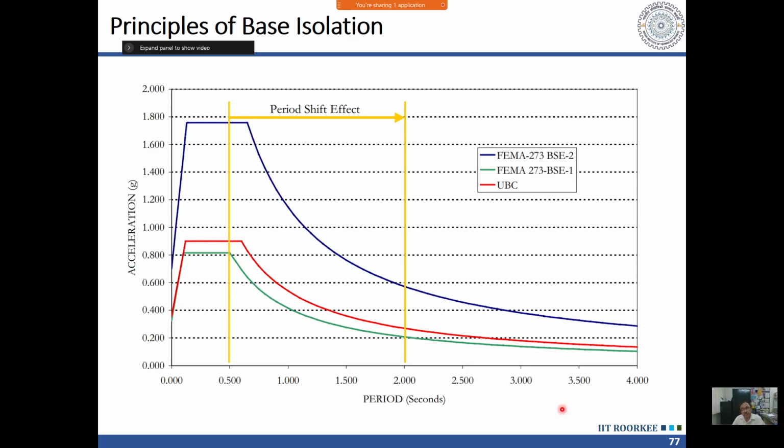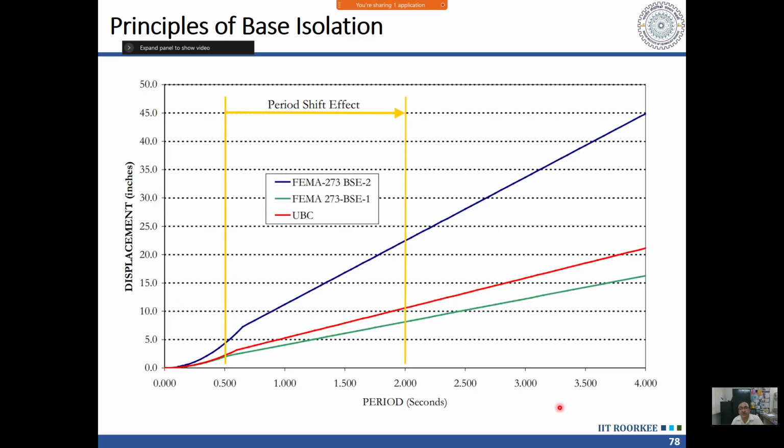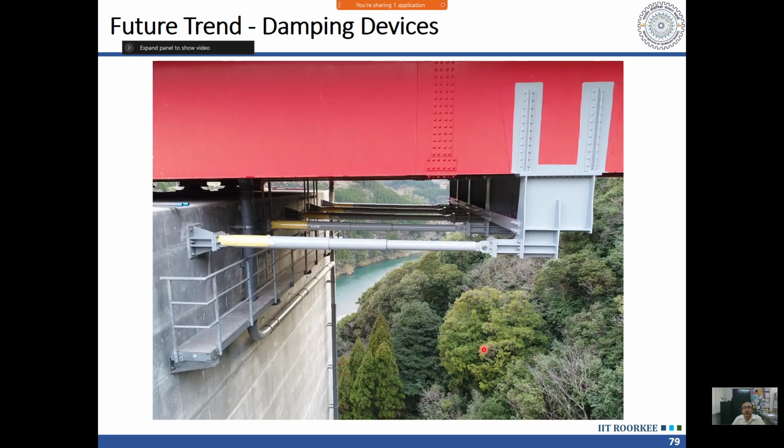But the displacement will increase, and to take care of that displacement, I have to use the damping. So see here, at 0.5 original, the displacement was this much. Now the displacement is much larger. So displacement has increased several times, more than 4 times in this case. So earthquake force has reduced to 1/3, but the displacement has increased 5 times. So that displacement may be a problem, and I have to take care of that. And for that, we can use dampers. We can use dampers otherwise also.